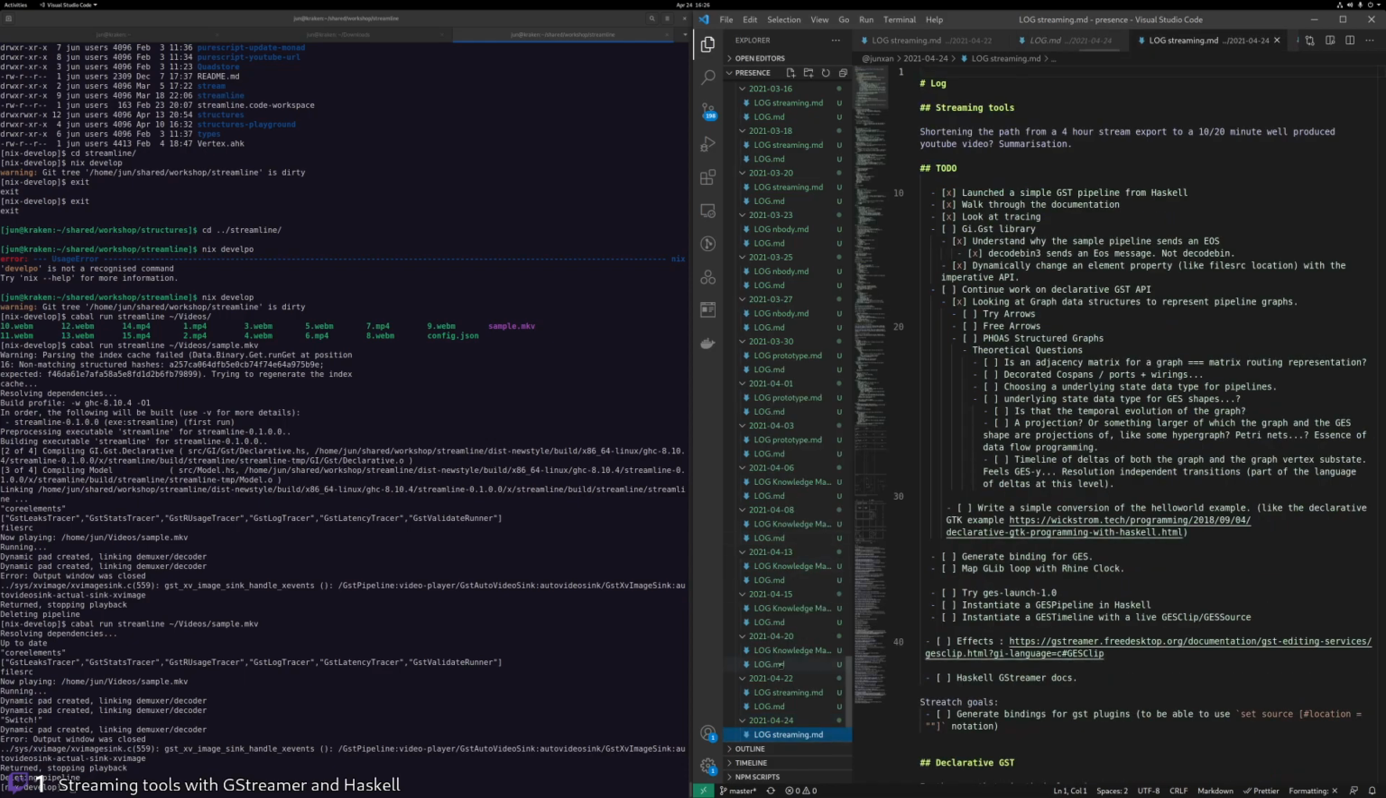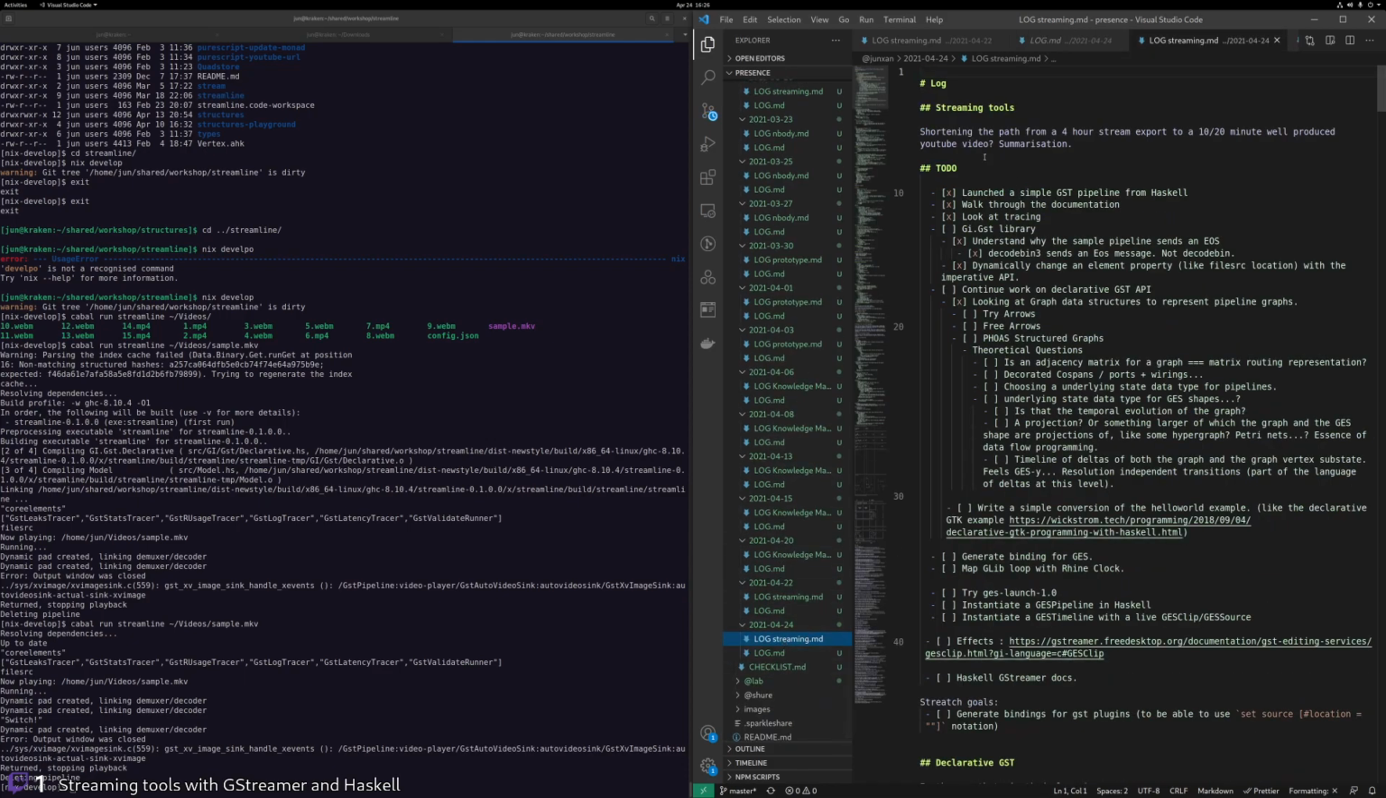So last time I wrote a couple of to-dos, and basically the idea is, what would a declarative API for GStreamer look like? And since it seems that the graph or the pipeline network or pipeline graphs are going to be critical to the underlying data structure that we will be modifying or using as the underlying state for